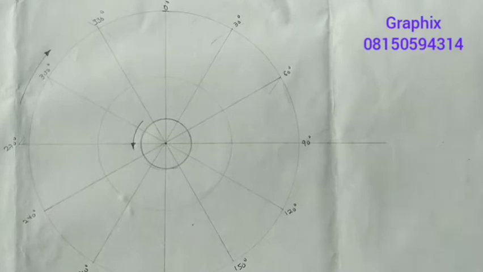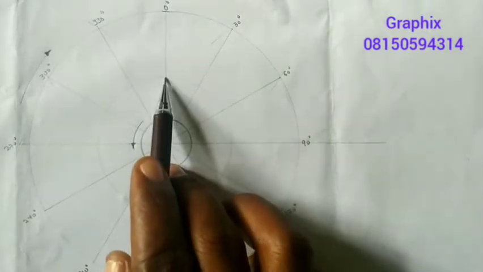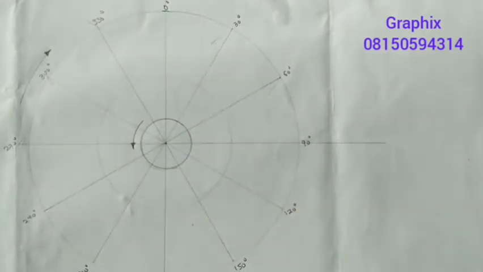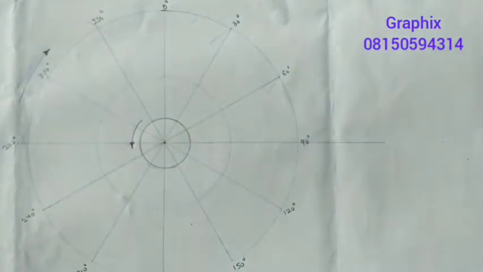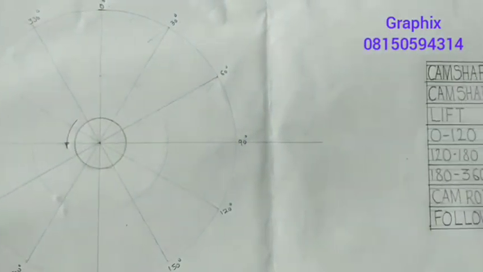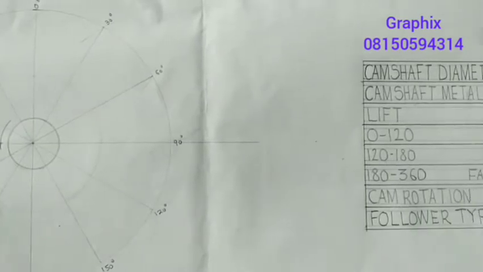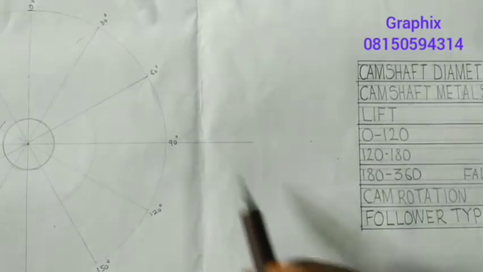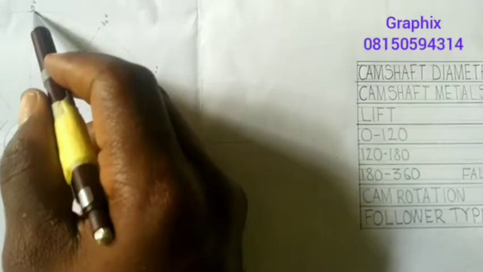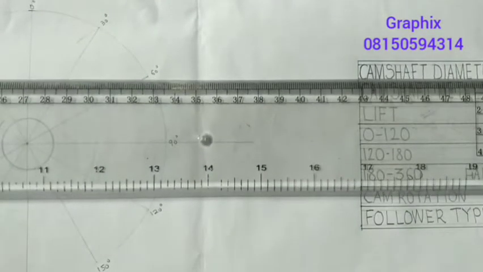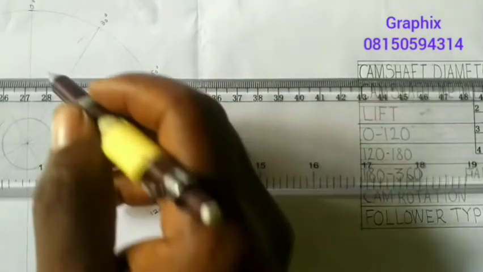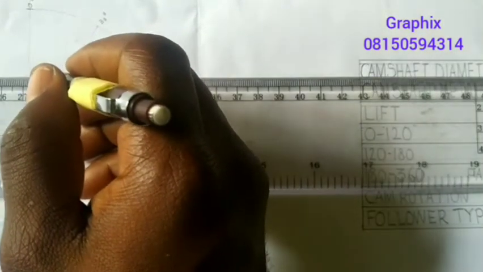So the other thing you do is this: you're going to draw your cam profile diagram. You see, from here to here is what, 32, right? So you're going to project that point. You project the point. Look at what I want to do now. From this point to this point here, I'm going to project it outward. My faint line. So I'll project it from here. I'm having this,